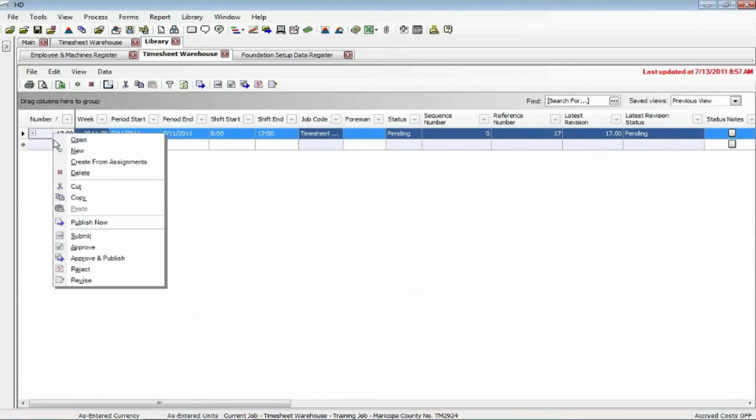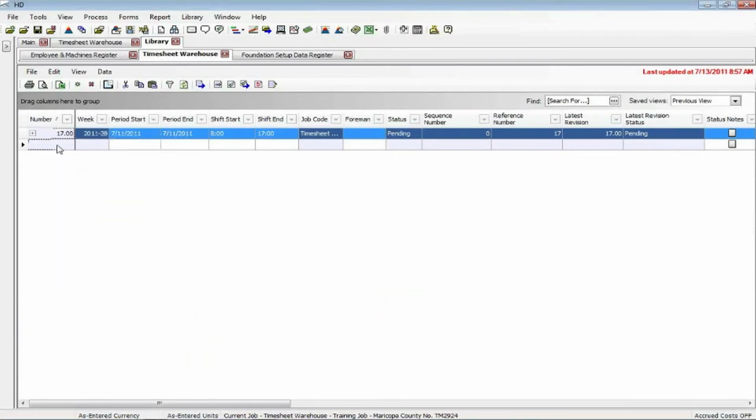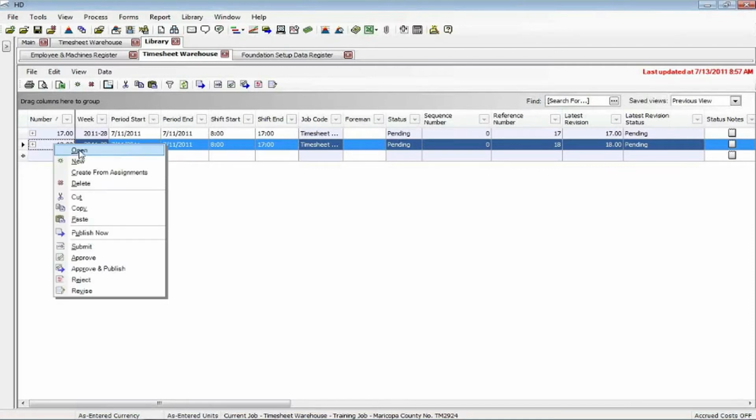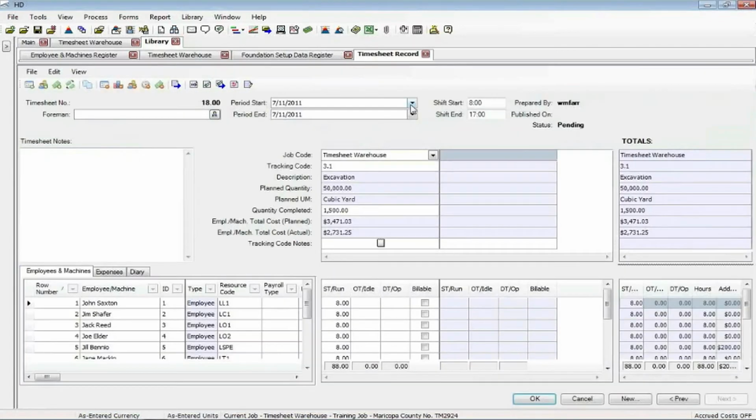Now I'm going to right click and say copy, and right click and say paste. So I created another number. Hard Dollar just keeps track of these numbers. There's nothing that you, the user, have to worry about. You can see this will be my 18th timesheet that I've created. I've deleted all the others to keep a clean register for us. I'm going to open up this one, change its date to the 12th,